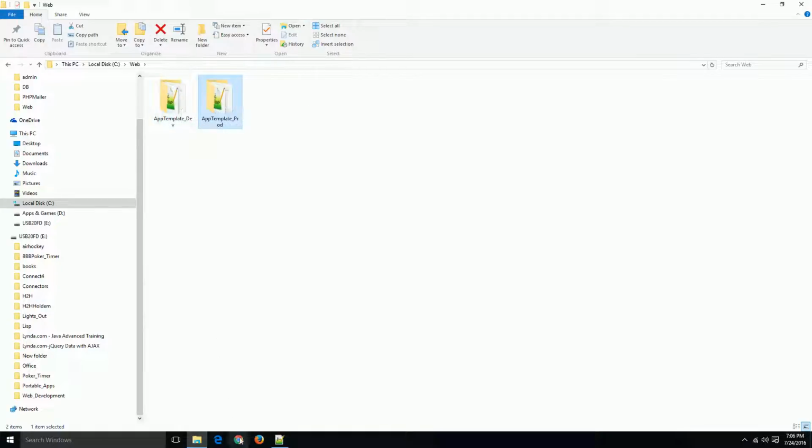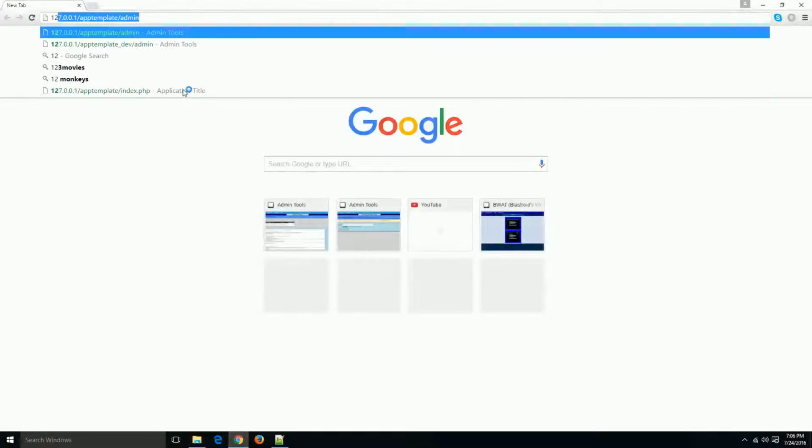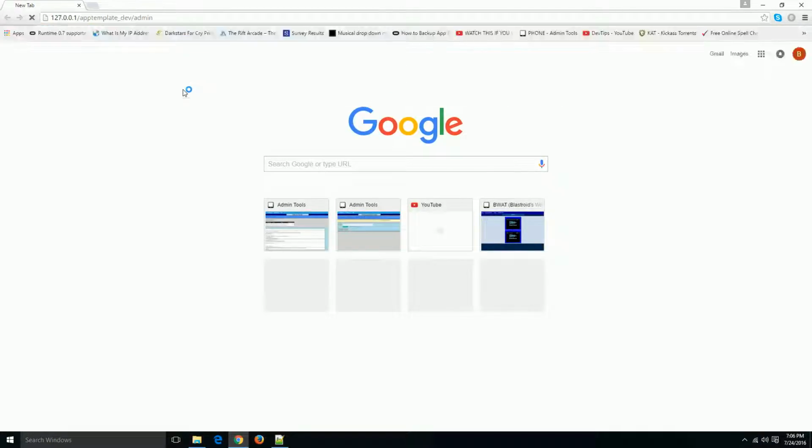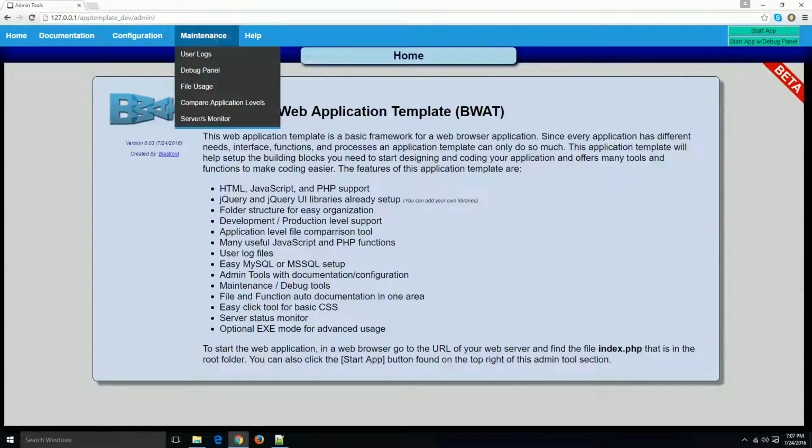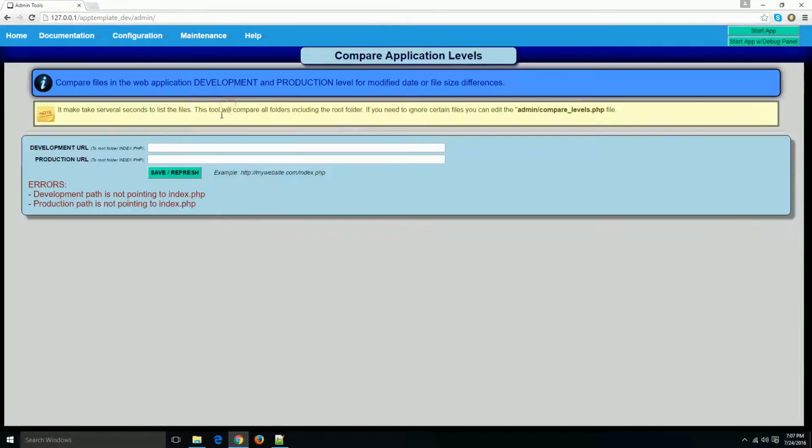So let's go into admin tools. Mine is 127.0.0.1/apptemplate_dev/admin. There again, your URL is going to be completely different. Just find your admin tools. And it doesn't matter if you're in dev or production. Since we're comparing the two folders, you can do this in each of the other tools, since we're going to go that direction. So let's go ahead and log in here, go up to maintenance, compare application levels,